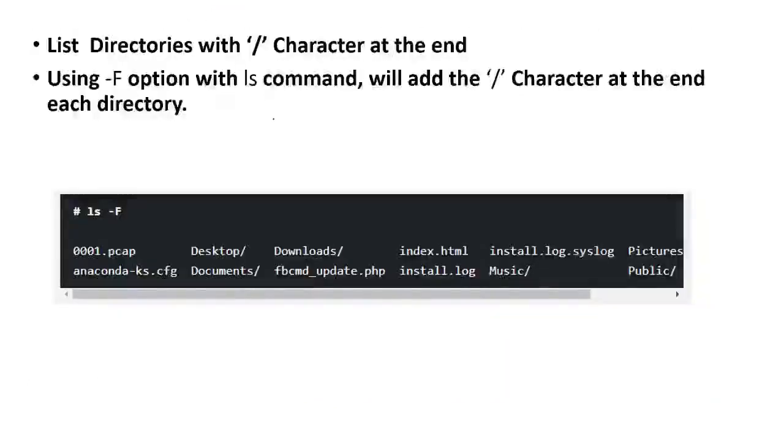Next, if you want to recognize exactly which are the directories, then you can use -F. That is, each directory will end with a / character. So this way you are going to recognize the directories. On the terminal, or in the VI editor, you are going to type ls -F. So you can see which are the directories here in the result. This is the directory, this is one, music. So these all are directories, and all the remaining are files.